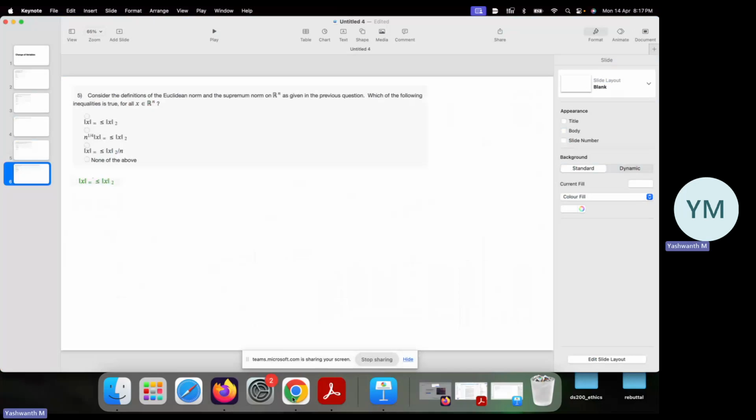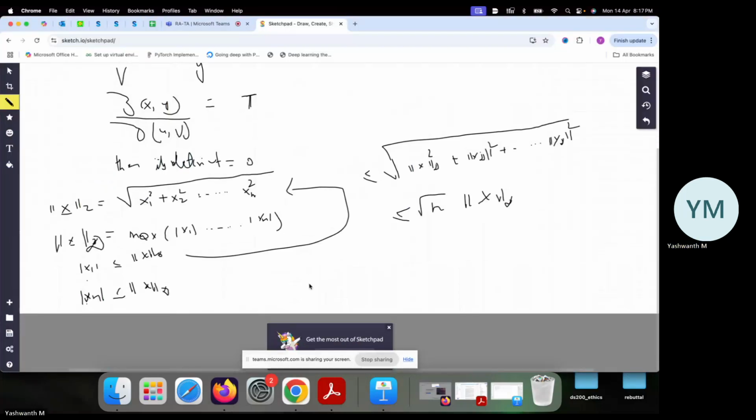So the relation between infinity norm and L2 norm. Since the infinity norm is the max of x1, x2, and so on, xn, this is less than or equal to